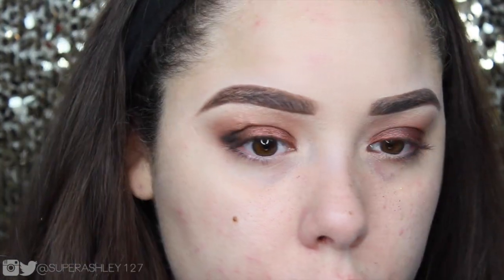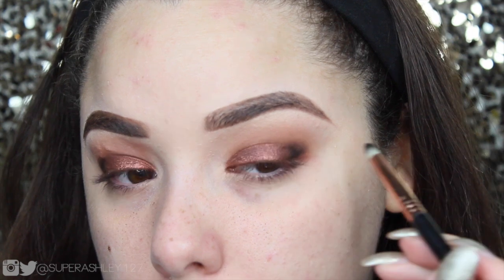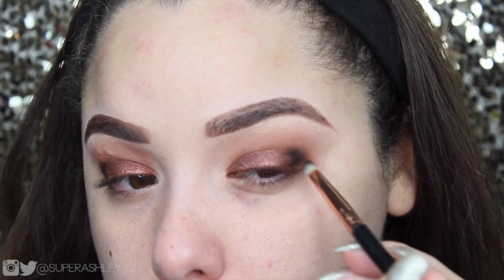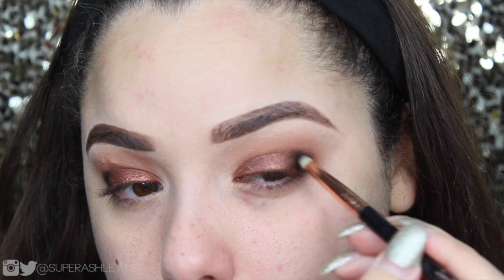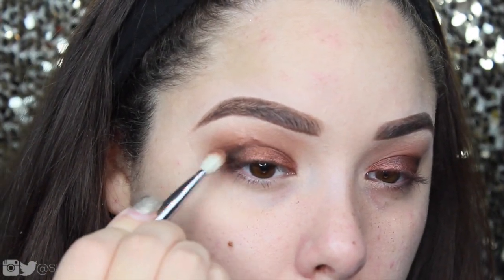If you want it to be a little bit lighter, you can skip this step, but I wanted to add a little bit more darkness to the look, as I've said like 14 times already. So I'm just going to put that right in the outer corner, place that product with the pencil brush first, and then I went in with, I think this is the E25, and I just blended it out a